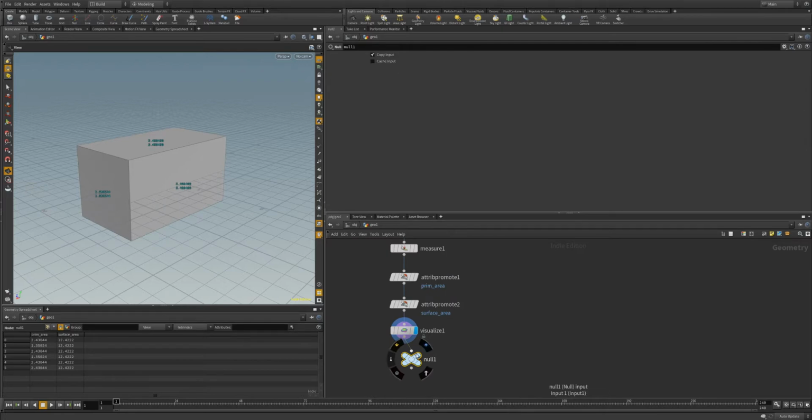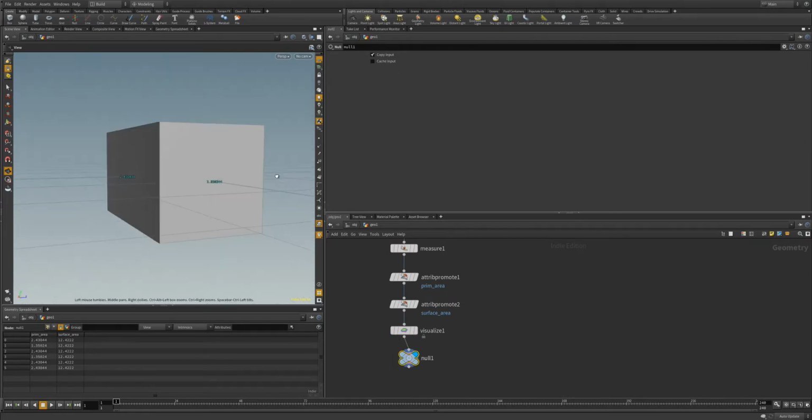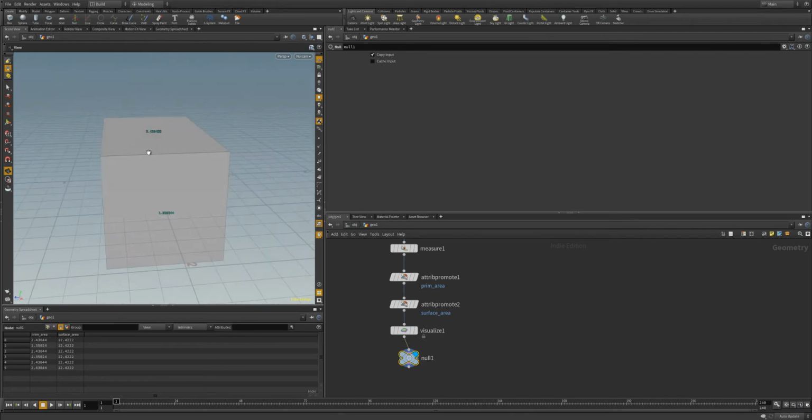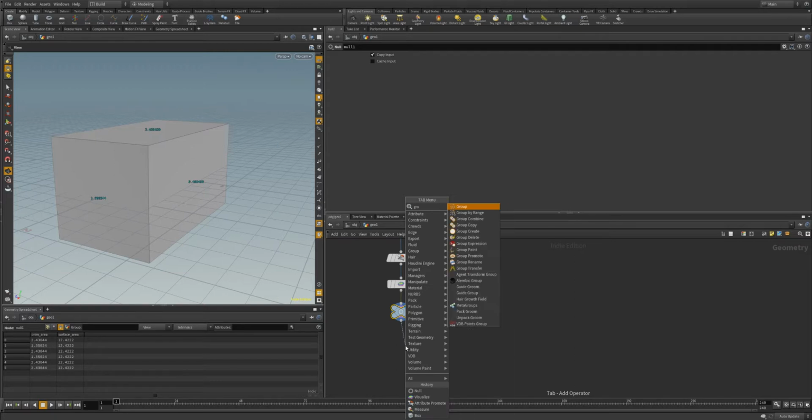Make a null node. Alright, so now we can see the primitive area on each of the surfaces of our primitives. So what does this do for us? Well, using this primitive attribute, we can actually group based off of the size of the surface area of a primitive. So we'll create a group node,